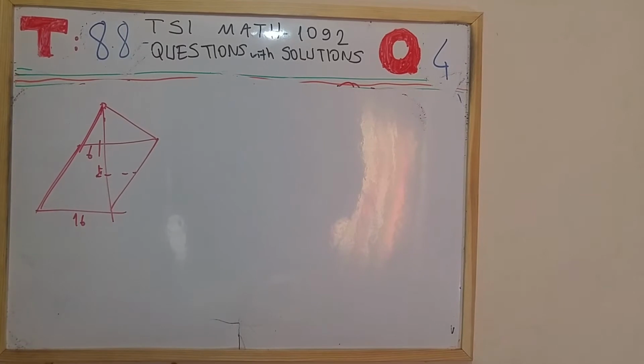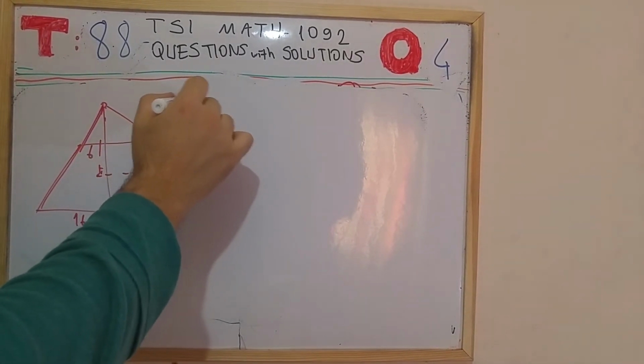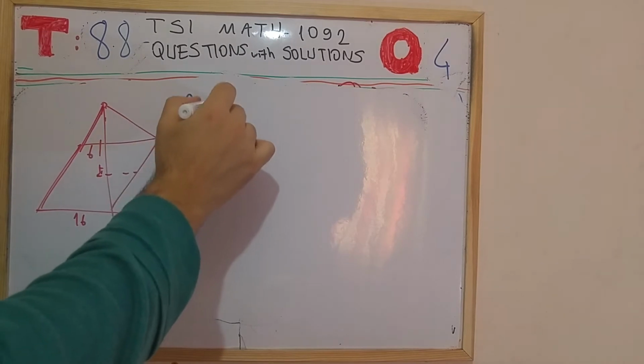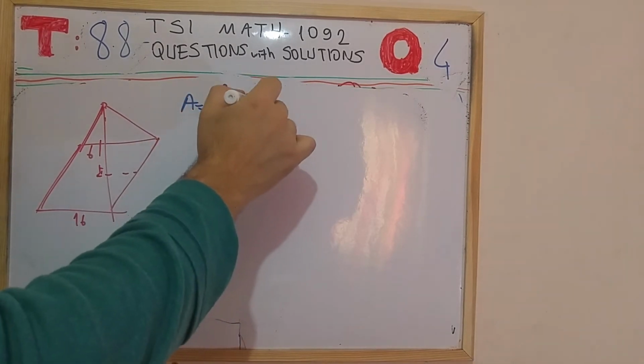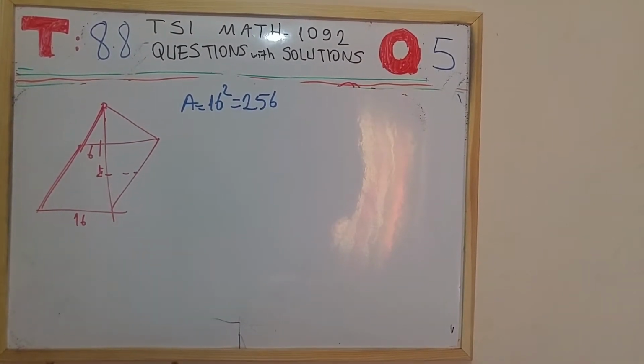Question, I'm asked about the square base area again. So what I have is 16 times 16, 16 squared, which is equal to 256. In the fifth question, I'm asked about the surface area of the pyramid, so I need to find out